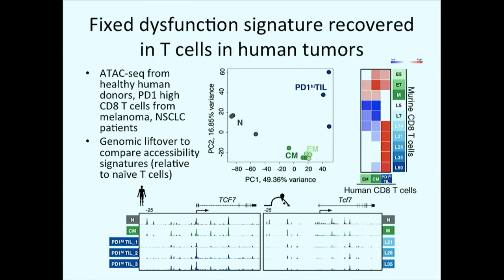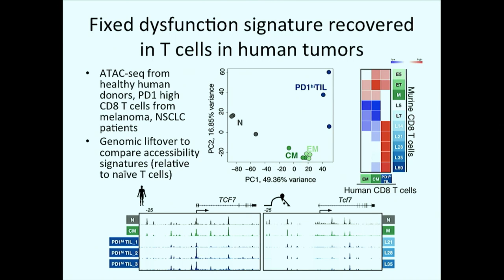We wanted to compare to our mouse epigenetic signatures. So there's a problem that the patients and the mice have different genomes. So we use genomic liftover of non-promoter peaks from mouse to human, and the ones that can be lifted over, we look at accessibility changes relative to naive state in the corresponding species, okay? And then we just compare with a Spearman correlation, okay?